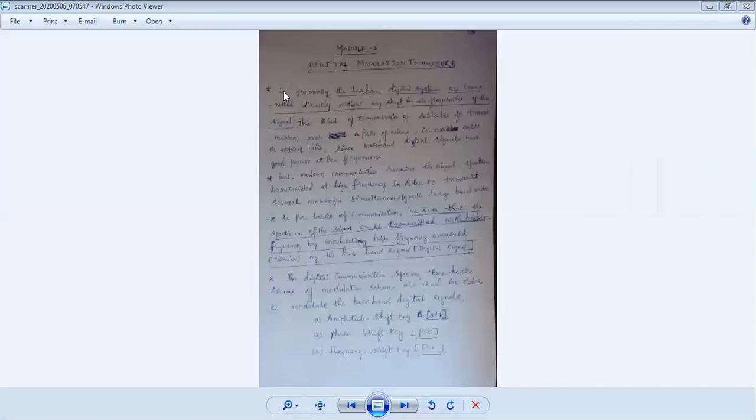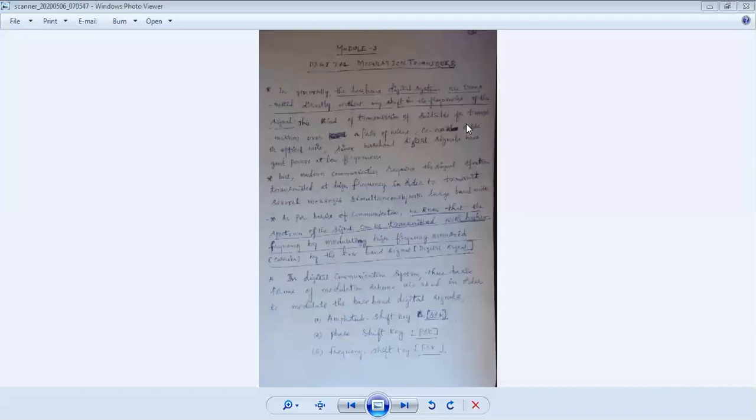Okay, amplitude modulations. Digital modulation techniques are needed for two reasons. Number one, to protect the signals while flowing from source to destination, to avoid any kind of disturbance, corruption or distortion while flowing from the transmitter to the receiver. The second advantage of digital modulation techniques is that it helps you transfer messages through high